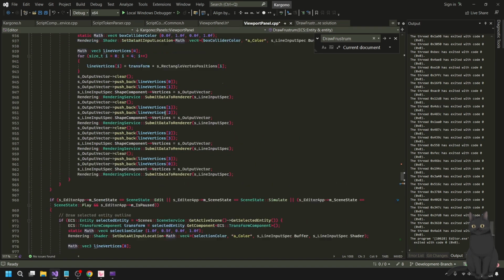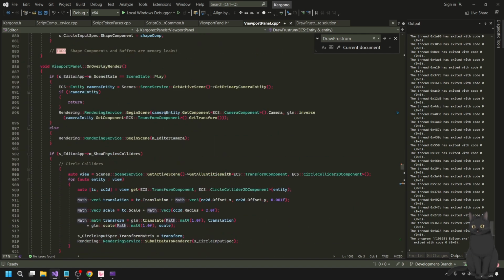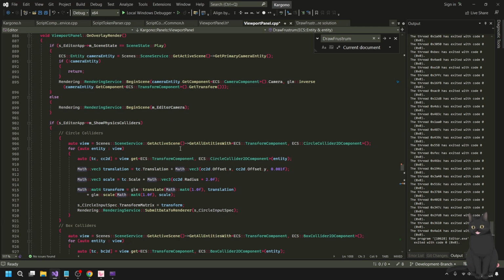Maybe let me find an easier one to draw. Let's see. So scale, translation, transform. This auto is a view, it's probably good being an auto actually.